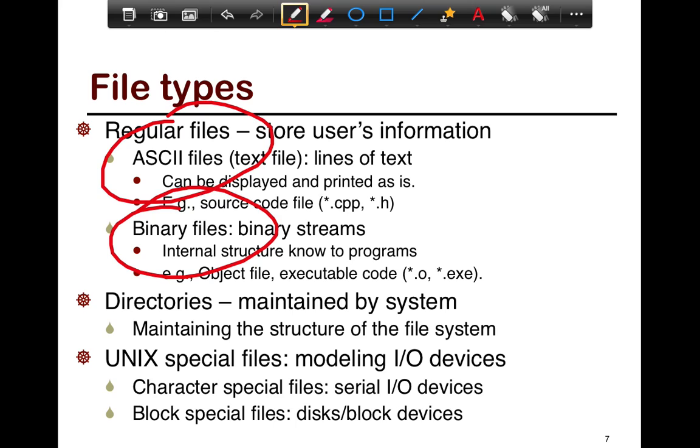Directories, as we'll see, are a structure in the file system that essentially helps you organize files. Their implementation is such that directories themselves are just files. They are files describing the relation between the directory and other files inside the directory.